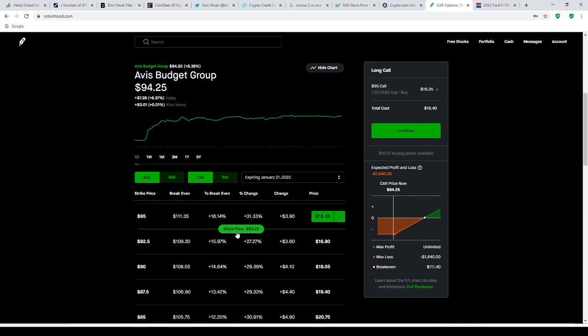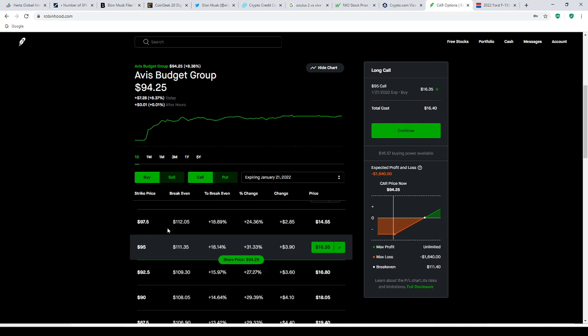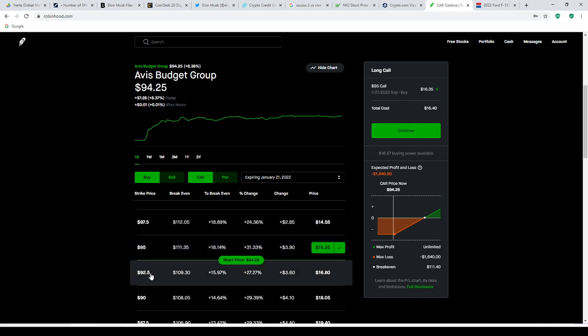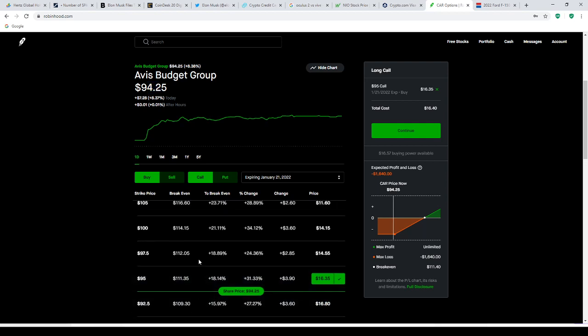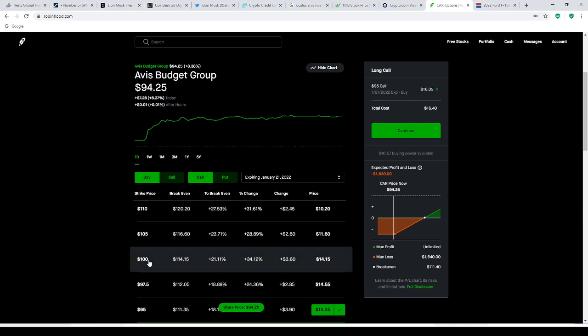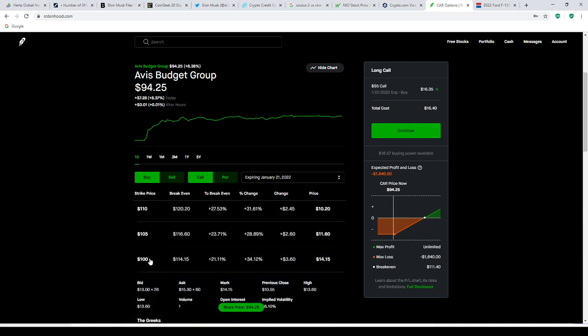So what I'm looking at also, I'm not looking at buying in the money. Like in the money meaning I'm making intrinsic value. I'm making money on this already by virtue of owning the share. So if I'm buying at $92.50, I'm buying in the money because the price of the share is $94.25, but I have the opportunity to buy it at $92.50. I don't see the value of that, right? What I want to do is pay less premium with an upward trend of it breaking over 100 or whatever